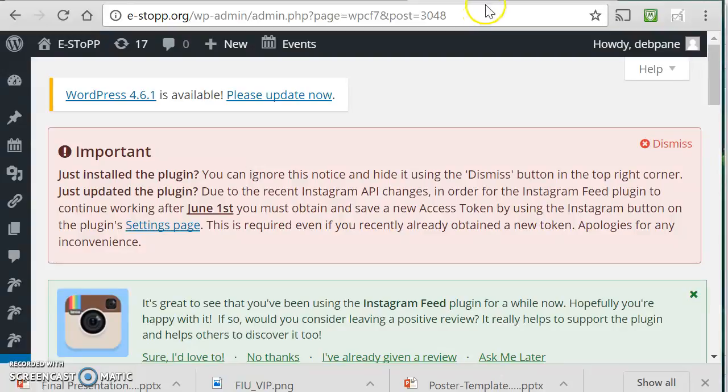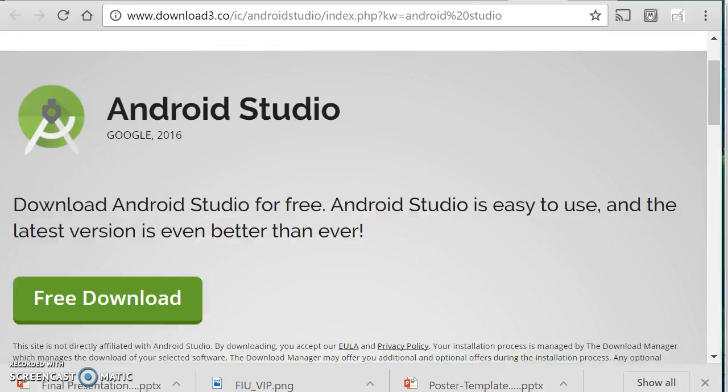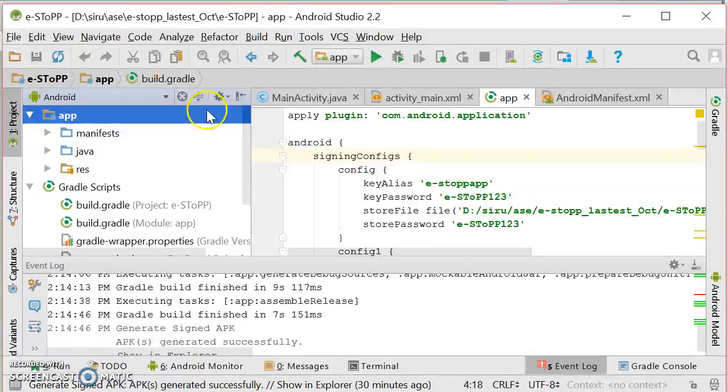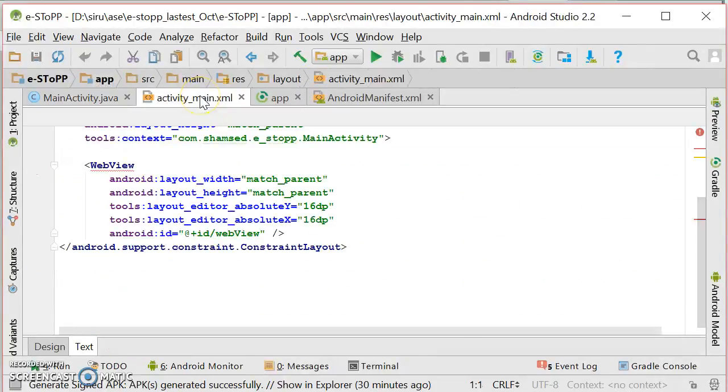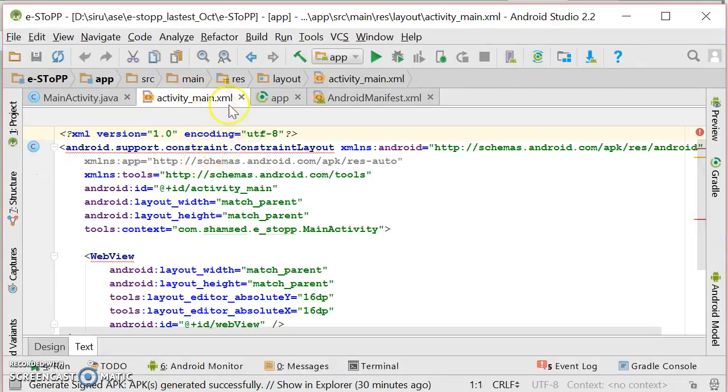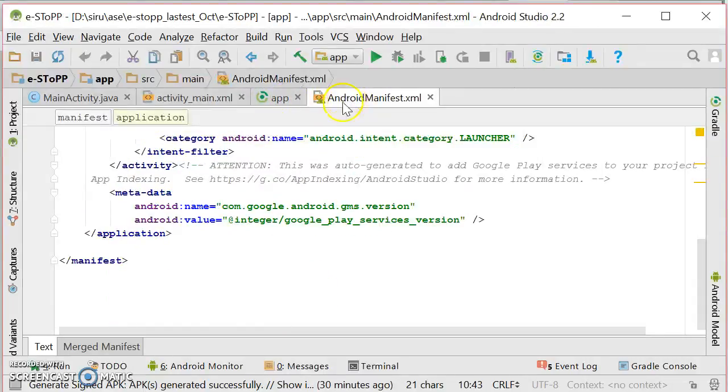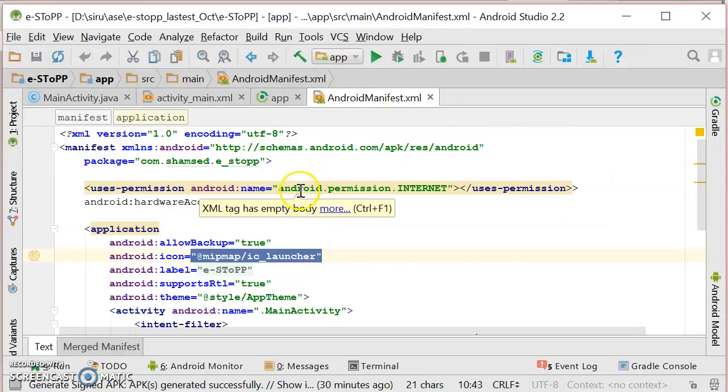For the Android application, they need to first install Android Studio from the official website. Once it's installed and once you open the project file, there are three main files where all the code changes rest. One would be the MainActivity, the other would be activity_main.xml, and the third one would be the AndroidManifest.xml.